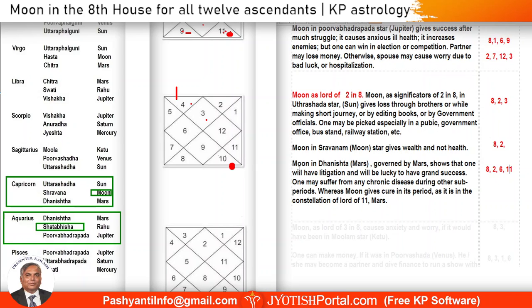And now you see that Moon is in the star of Mars. And Mars also indicates some surgical intervention. So in some cases, there could be a surgical intervention, but it's going to result in a good positive relief